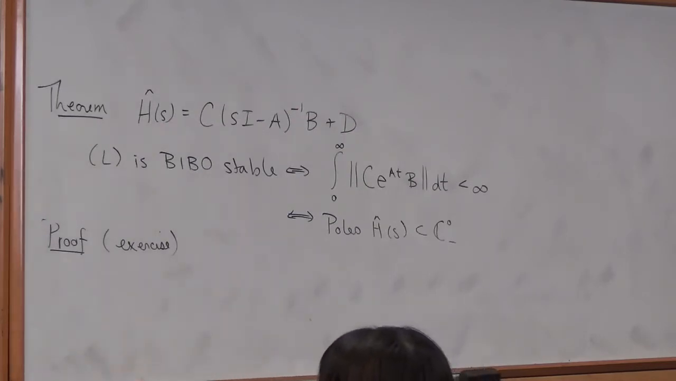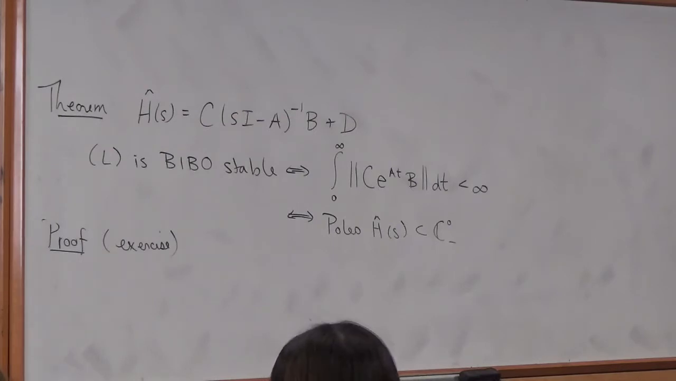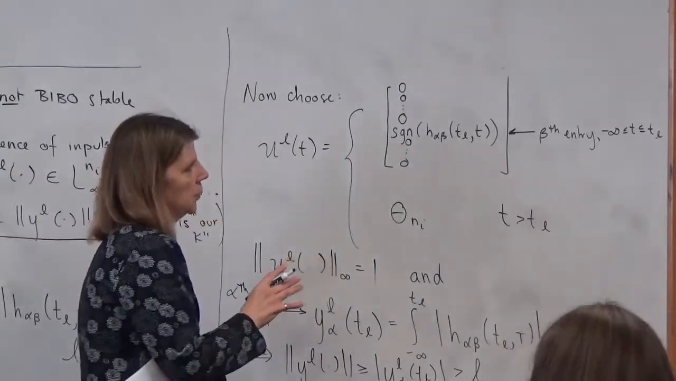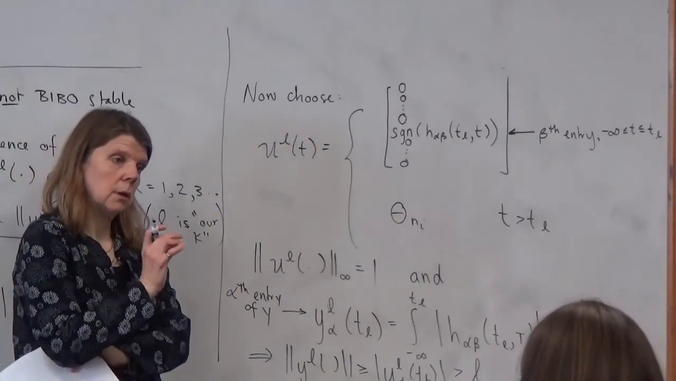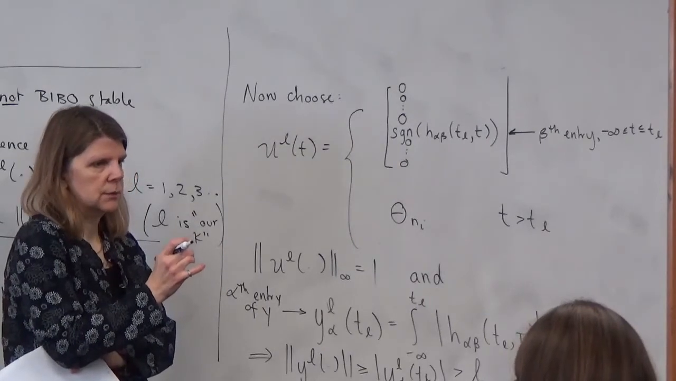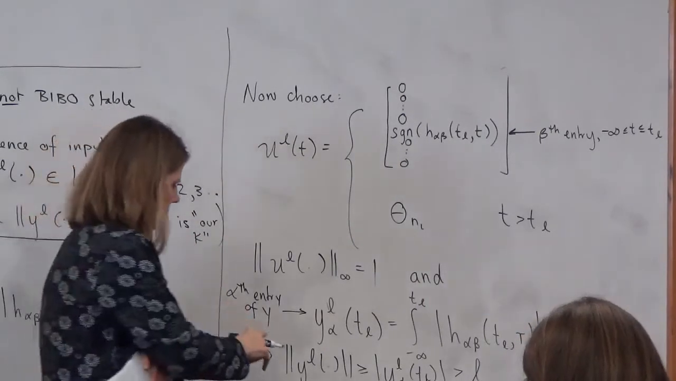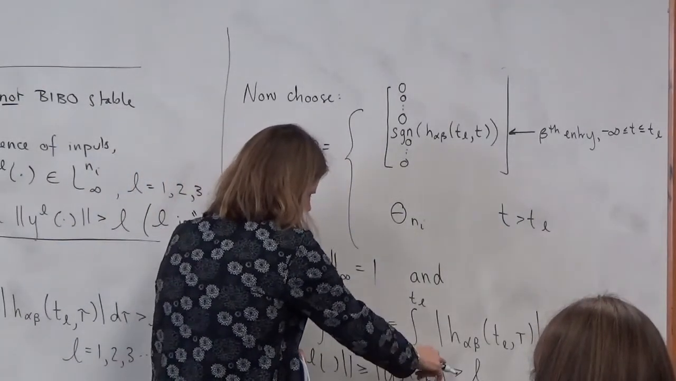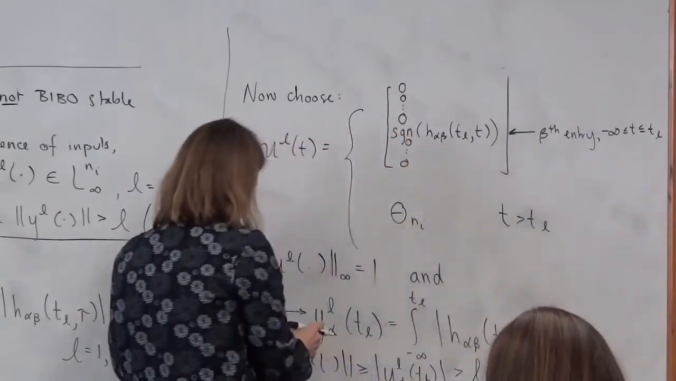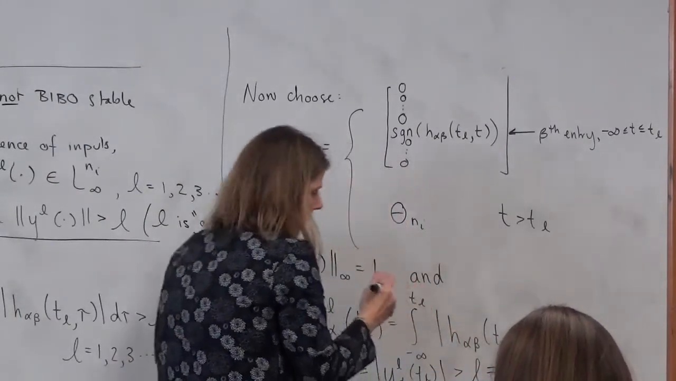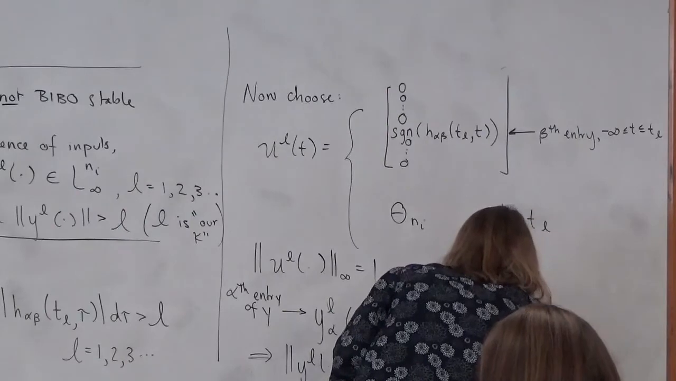Yes? For this proof here, we got to the end. Where did the contradiction happen? Well, what we were trying to prove was that if the integral of the norm of the weighting matrix was infinite, then the system is not BIBO stable. So we started out with that hypothesis, and then we got down to this condition here, which means that I've found, since I've got this condition here,